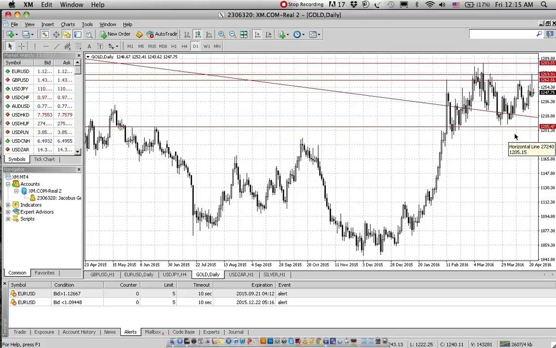Now this does offer channel trading opportunities. I don't really like channel trading, but the way that I go about channel trading is I look at the longer term, I determine where in the channel the market is at any given time, and then I look at the shorter term charts to find an entry point. I personally wouldn't want to trade gold today. I think there are better trades available for us, one of them being the US dollar Japanese yen.